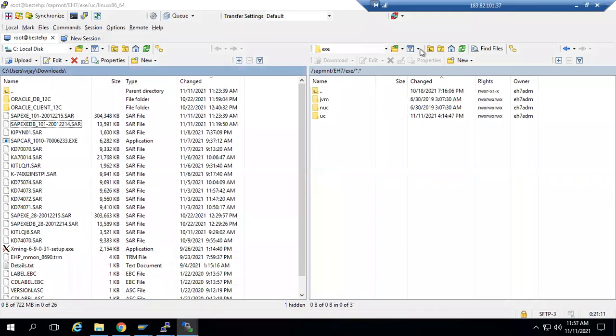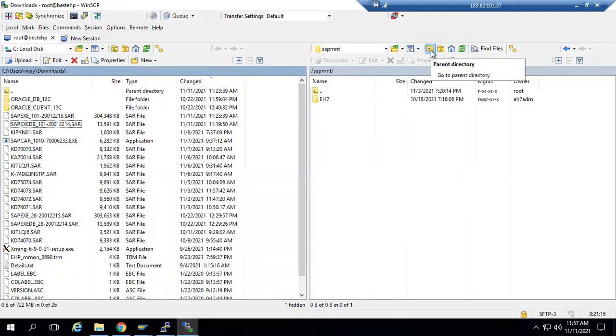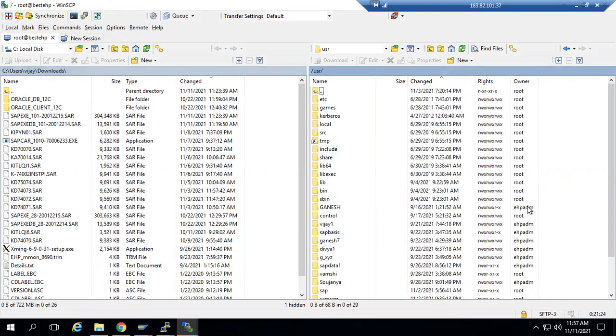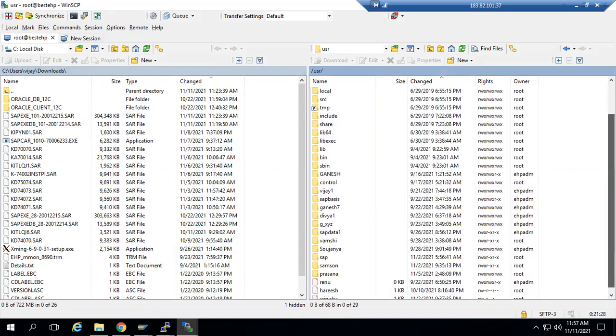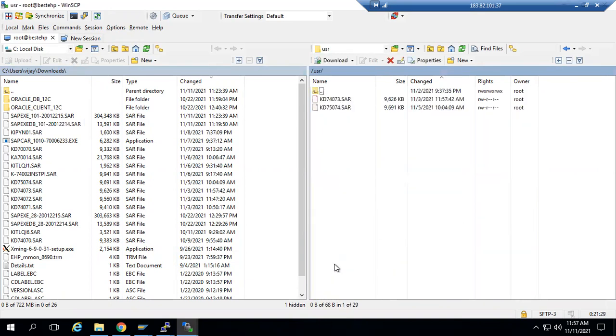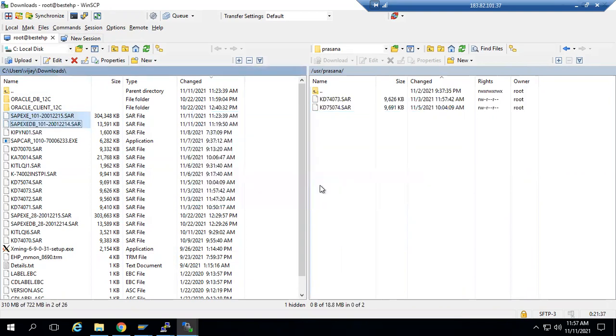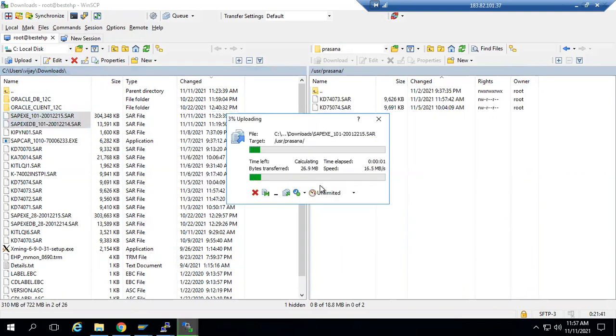I will copy those files to the Prasanna location. Here we go. So I will put this file in your location, Prasanna. Okay, sir. Give permission, take the backup. So I will delete the backup also.